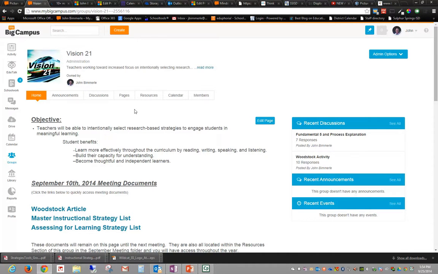Now, everything we do here in Pages is going to live within this, and it's only going to be viewable by the people within the group. So the 20 to 22 teachers, and then the administrators and other staff members that are a part of the group will be able to see those pages. Now, there are ways that you can hide that content until you're ready for it, but let's take a quick